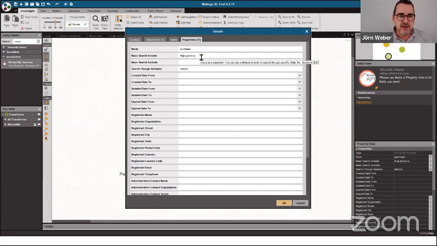Then the basic search, you can include here the domain name, for example. That is also a way to search for things. But of course, you can include the name. You can include any other keyword, email address, and other things. So that's a kind of basic search. And then you have to tell this basic search if it should go to current, historic, or recently updated.